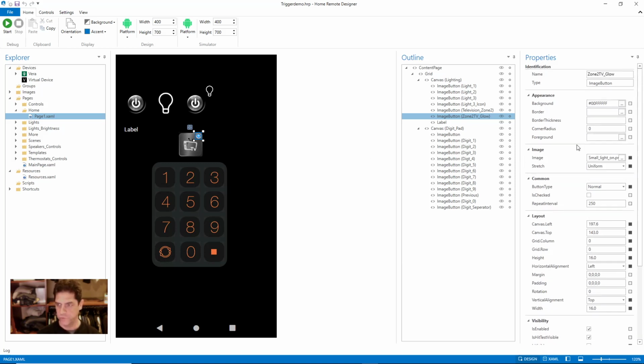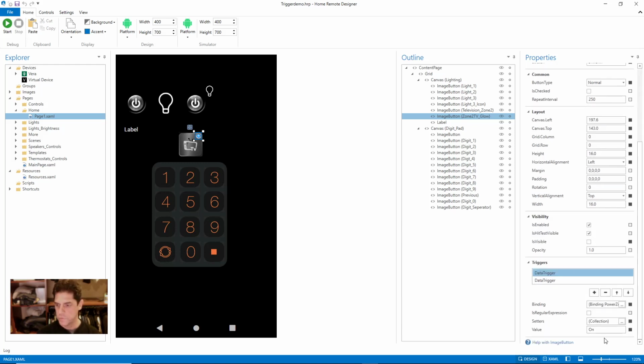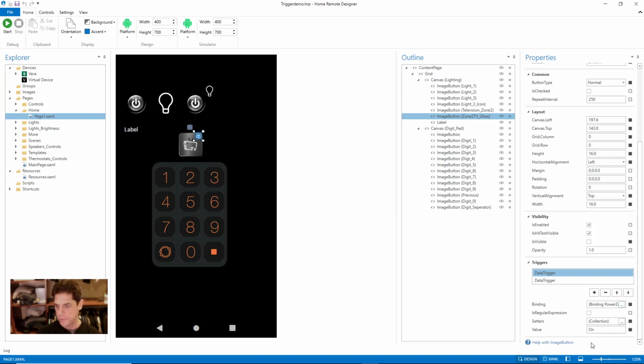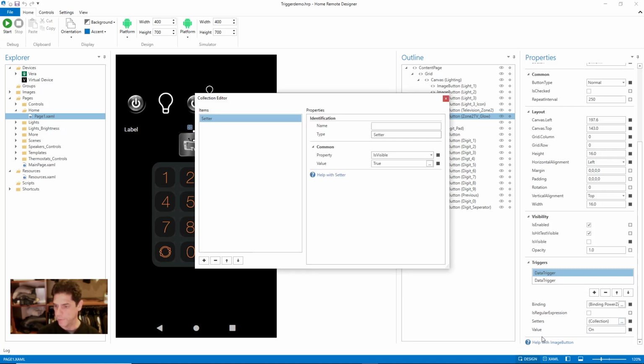Okay, and also note that I named this particular indicator light Zone 2 TV Glow. So the binding again is for the TV switch, power Zone 2 TV dot switch. The value for on will fire the setter, and in the setter